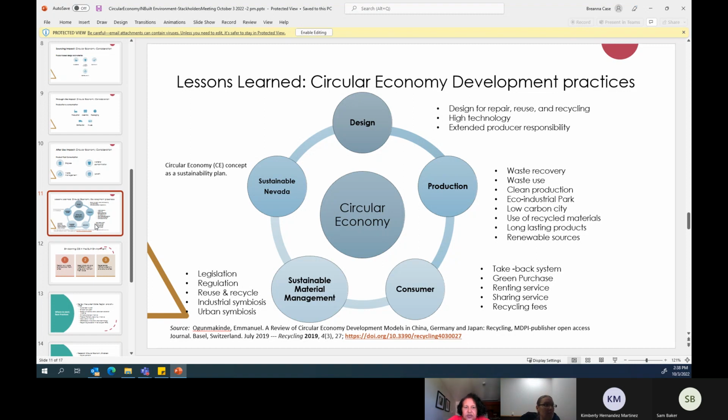So the other is, when we develop circular economy, all the initiatives I mentioned should be linked to Sustainable Nevada or sustainability initiatives, so that it will tie together and everything is connecting to each other. Because everybody is doing this in our team, not only this team, the whole team, Sustainable Nevada is part of the circular economy. Okay, so let's go to the next one.